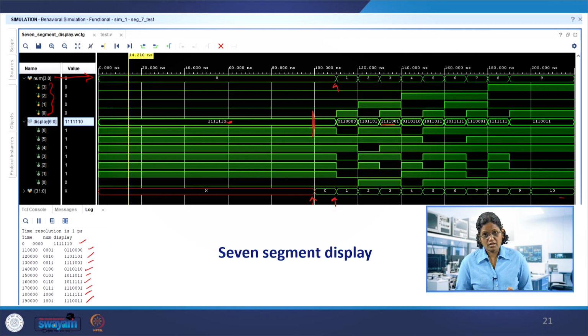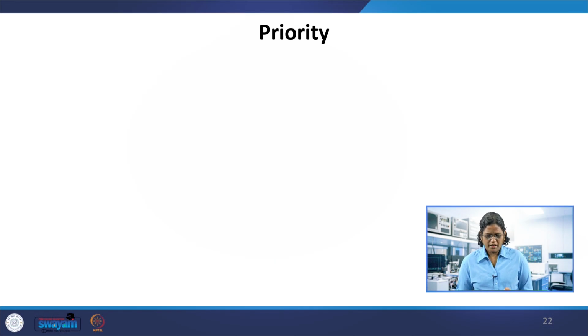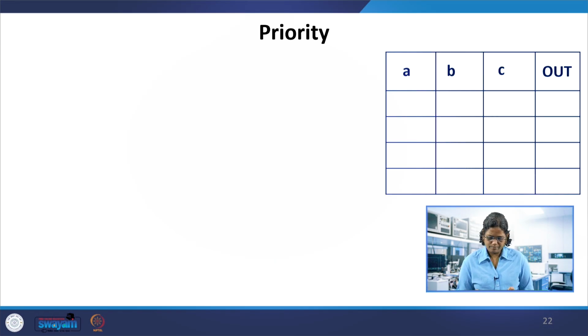It's again a combinational circuit with the behavioral description. So now comes the priority encoder. Suppose there are 3 inputs, A, B, C. This is another example. If input A is 1 and the rest of them, B and C, may be unknown, X, it is 0 or 1, any one of these, the output is 1 1.